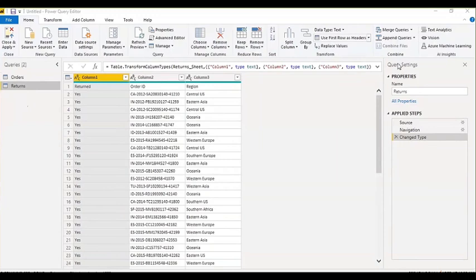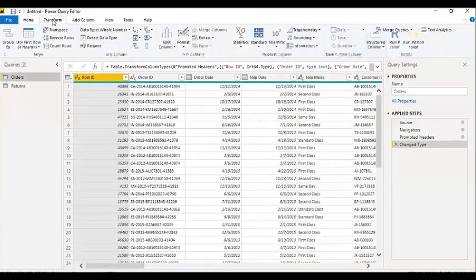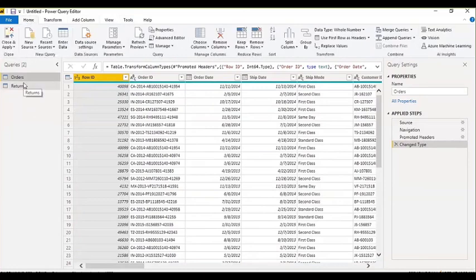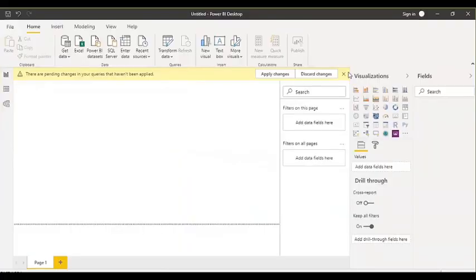When you start data transformation on this data, you have to use different buttons and different things here, based on your requirement. Once you complete all your data transformation, then you have to load this data in Power BI Desktop. The data is not available right now in your Power BI Desktop; you can see there's nothing in Power BI Desktop right now.